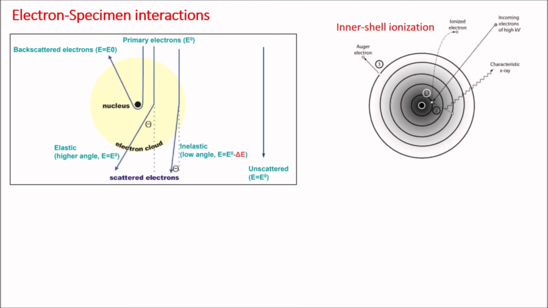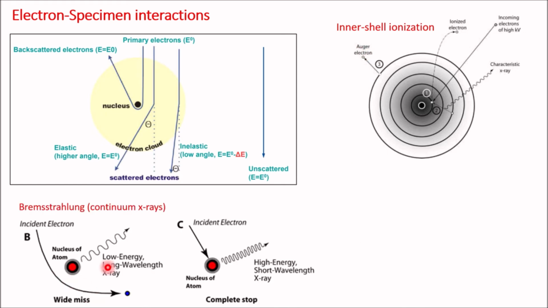the inner shell ionization, where an electron is pushed out of the electron cloud and this electron vacancy is filled by an electron of an outer shell. Now the excess energy in this transition is either emitted as a characteristic X-ray or transferred to another electron, which is then emitted as an Auger electron. Another one is bremsstrahlung, where the deceleration of electrons in the Coulomb field leads to the emission of X-rays carrying the surplus energy delta E.